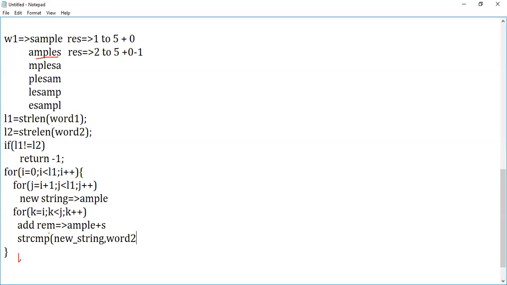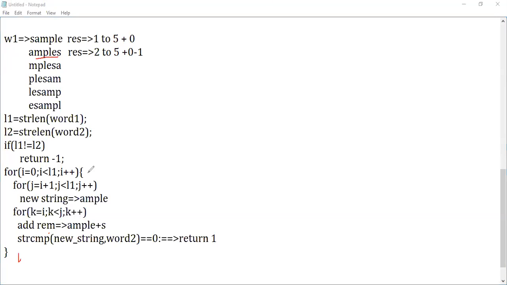If your value is equal to 0, then you can stop your process and return 1 as your output. If it is not so, then this process will be continued again.